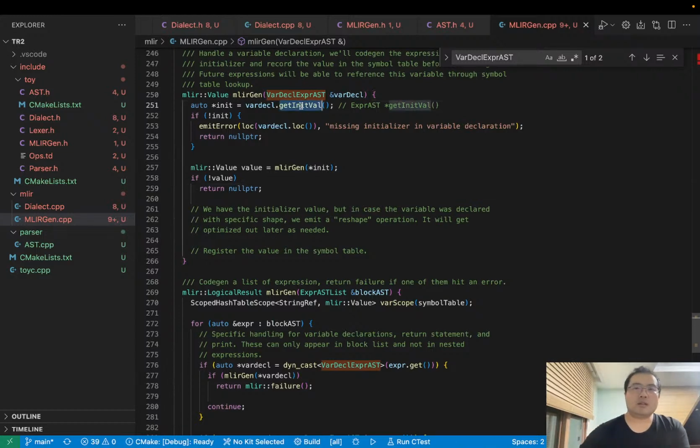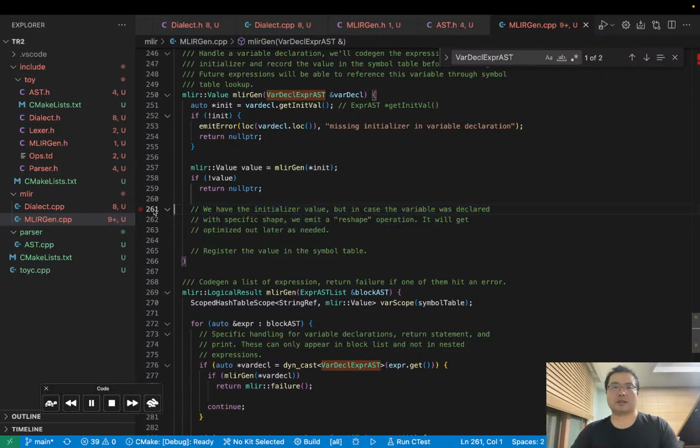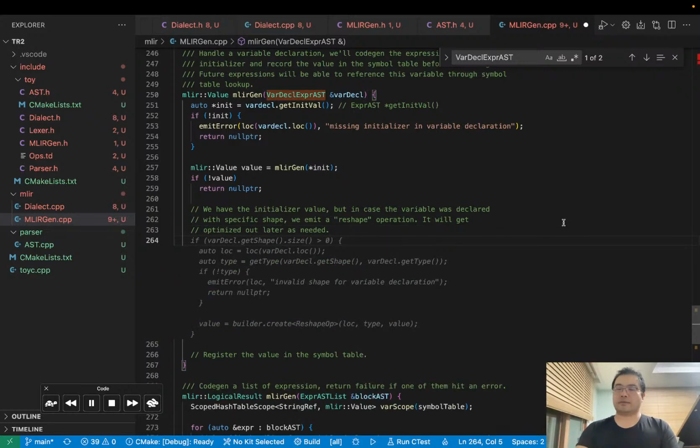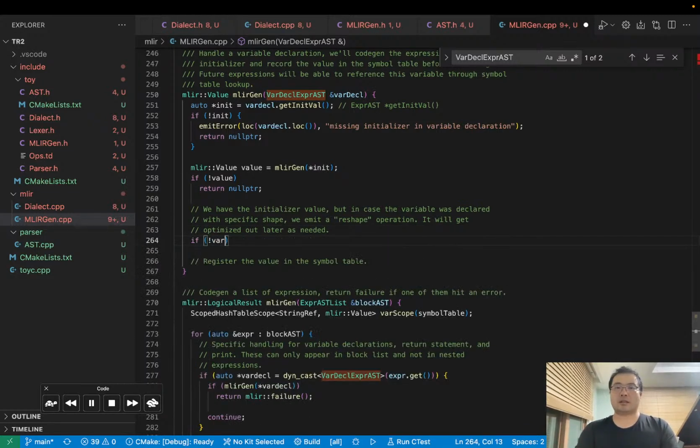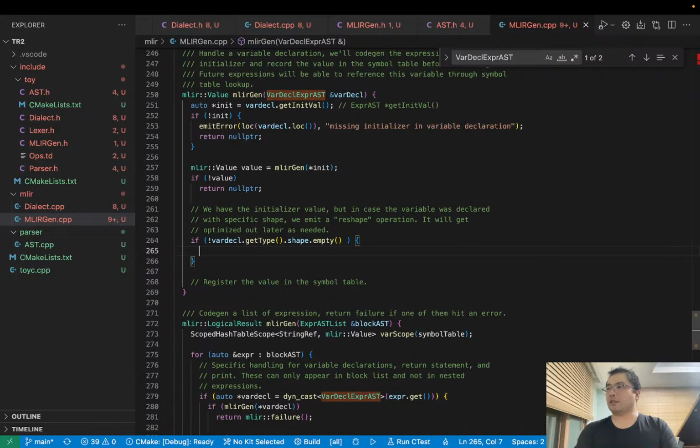First, we get the initial value from the abstract syntax tree, and then try to generate value from the initial value. We have the initializer value, but in case the variable was declared with specific shape, we emit a reshape operation. It will get optimized out later as needed. If the shape is not empty,